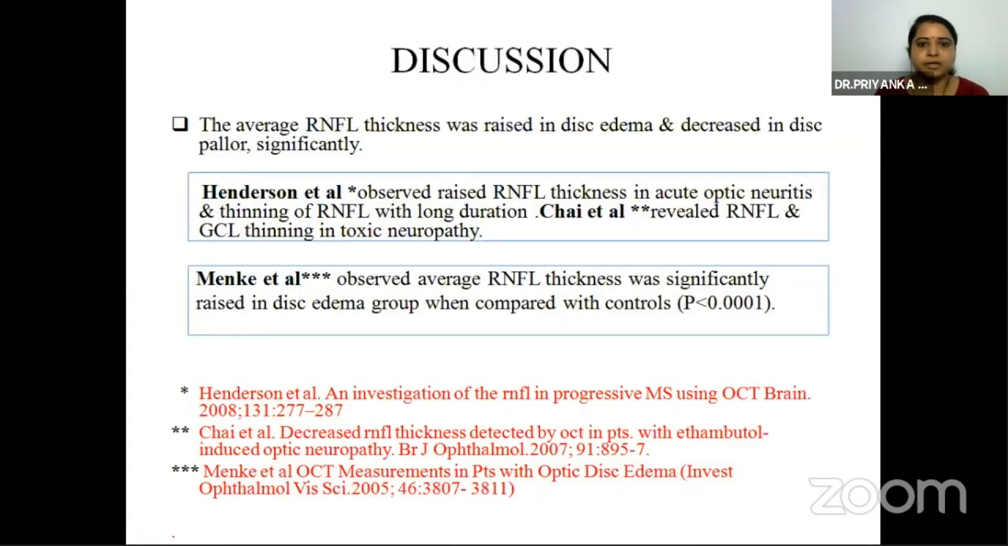Discussion: the average RNFL thickness was raised in disc edema and decreased in disc pallor significantly. Henderson et al. observed raised RNFL thickness in acute optic neuritis and thinning of RNFL with a long duration. Between the RNFL and GCL thinning, toxic neuropathy, average RNFL thickness was significantly